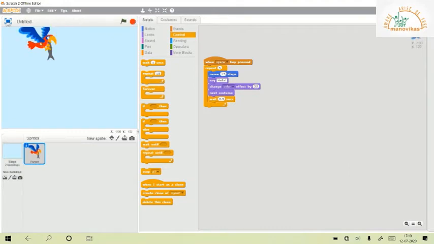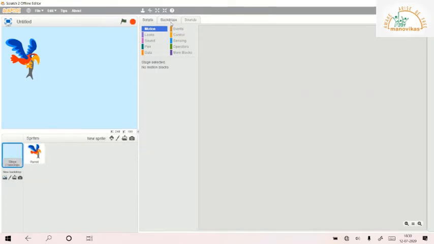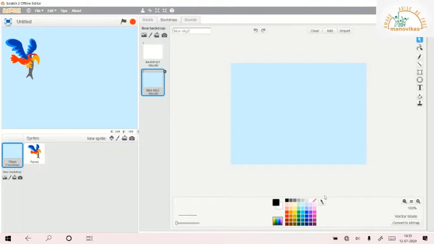Alright, so here is how we use the boolean blocks. But before we use a boolean block, I will make a small change to the backdrop. So I will take my backdrop and I'm just going to add something here. I will just add one block, a red color to the edge.